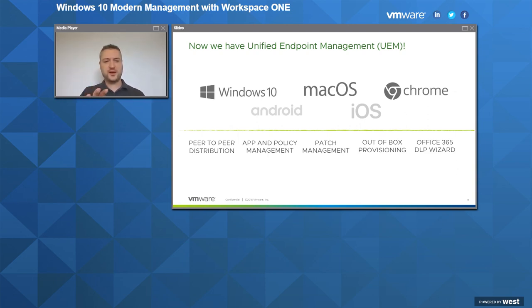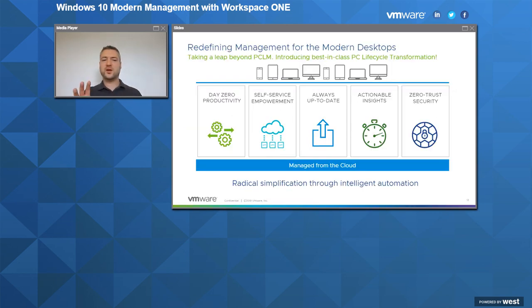And the idea behind this, and behind what VMware does with Workspace One, is to give you a platform where you can manage each of these different ecosystems. So a unified platform for managing each of those different ecosystems. And the idea behind it is that from this one platform, from the one console, as easily as you create a policy for iOS or Android, you can create a policy for Windows 10, for Mac OS, for Chrome OS.